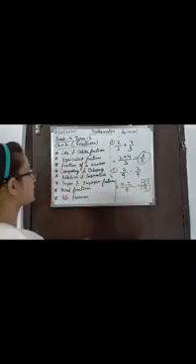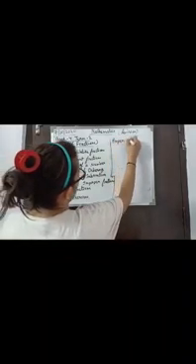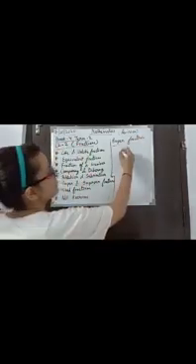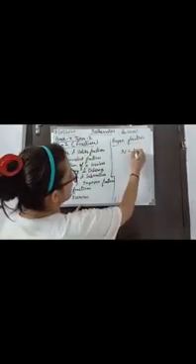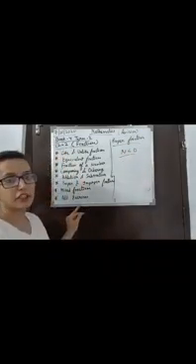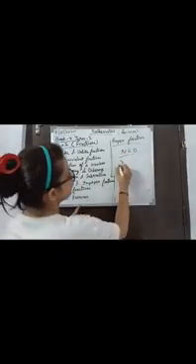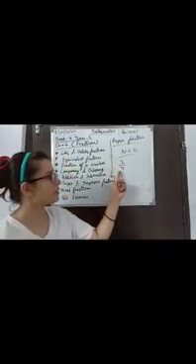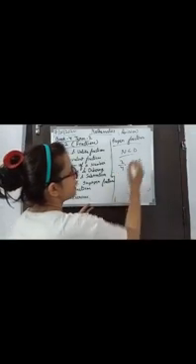Okay, so our next topic is proper fraction and improper fraction. What is the meaning of proper fraction and what is the meaning of improper fraction? Proper fraction means the fraction having smaller numerator and greater denominator. That means 2 by 4. As you can see here, numerator is smaller and denominator is bigger. In that case this fraction is called a proper fraction.